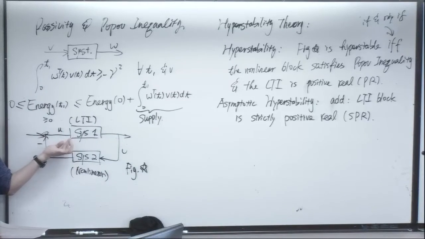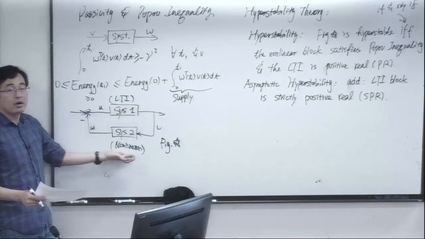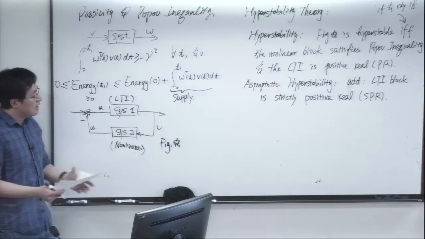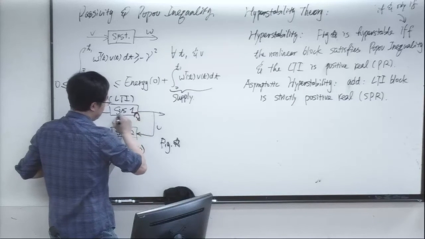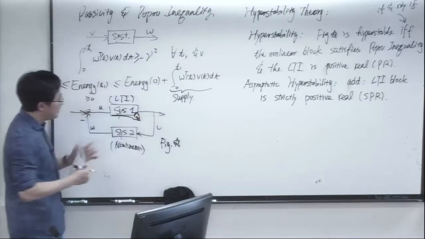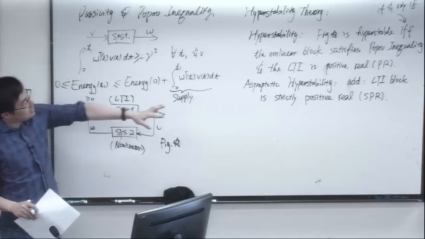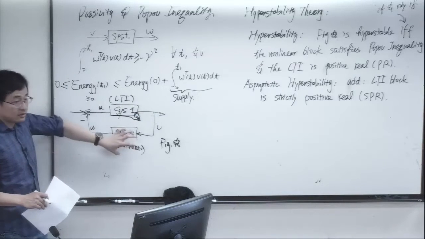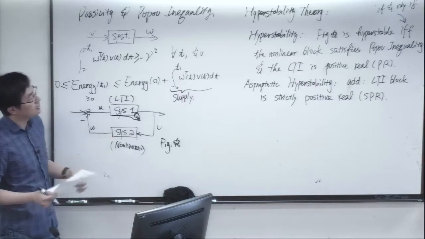The interesting thing here is for asymptotic hyperstability, we're only requiring some more extra from the LTI block and not the nonlinear block. And the reason, if you recall, is that our focus last time is on state X in the LTI block. All right? It's going to turn out, if the LTI block is strictly positive real, then we can induce very nice properties about X without requiring too much extra on here. It has to satisfy the Popov inequality.